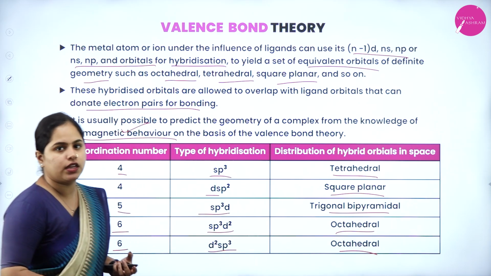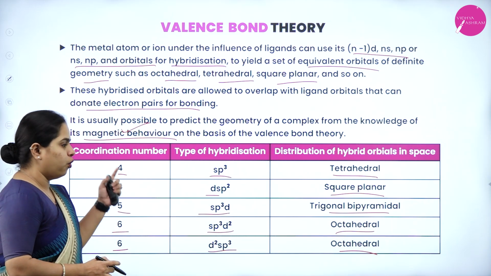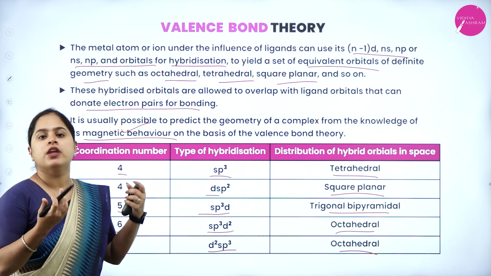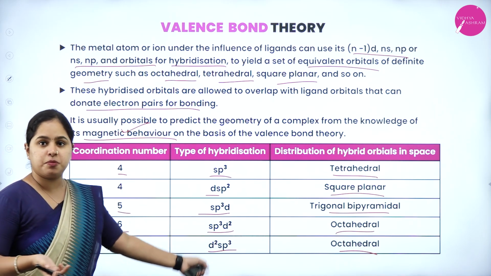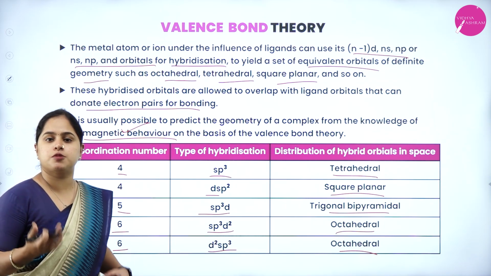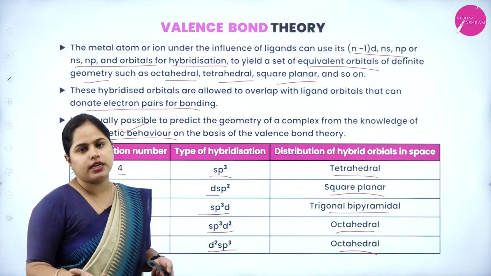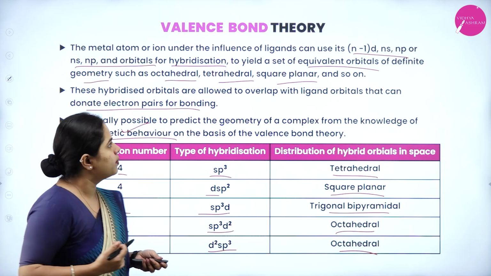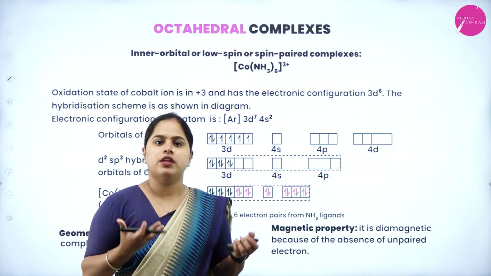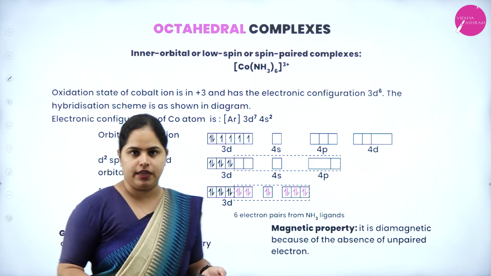So this table is very, very important. For coordination number 4, sp3 is tetrahedral and dsp2 is square planar. For 5, it is sp3d, which is trigonal bipyramidal. For 6, there can be two possibilities, sp3d2 and d2sp3. In both cases, the geometry is octahedral. So in detail, let us see for different compounds how we can calculate the geometry and the magnetic behavior